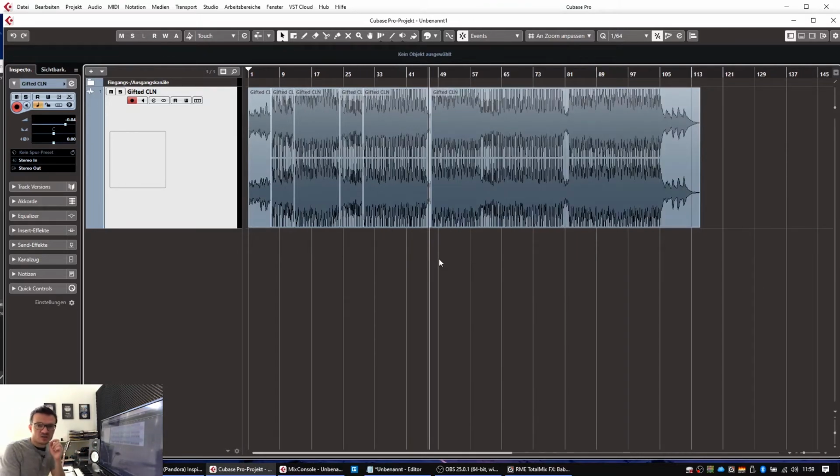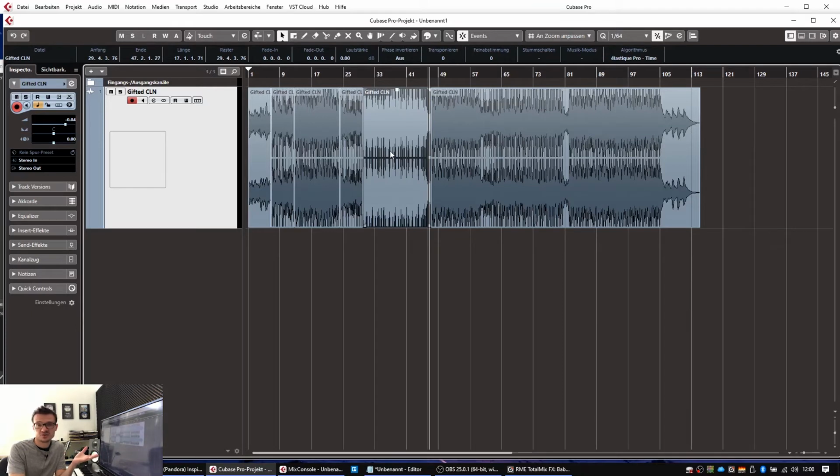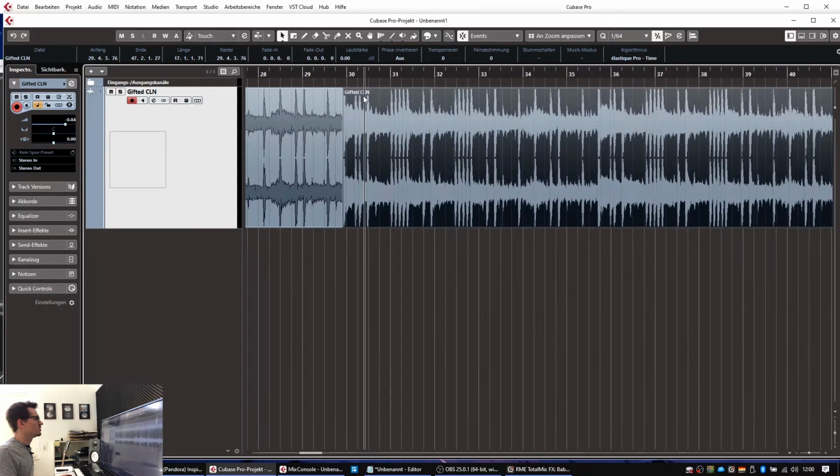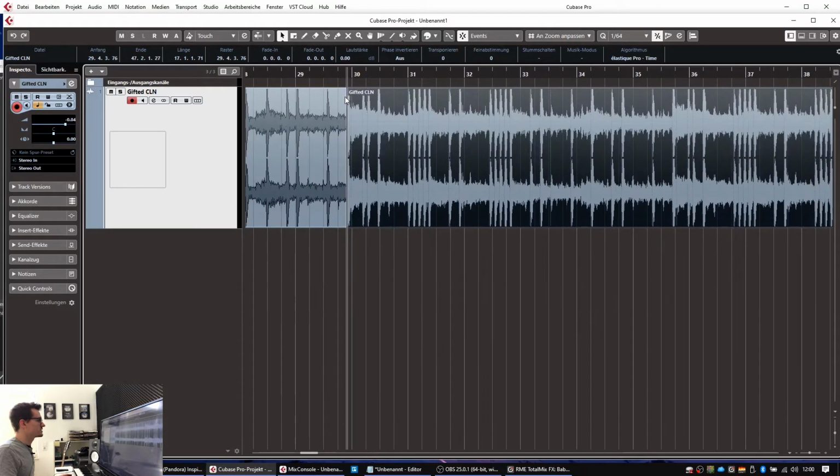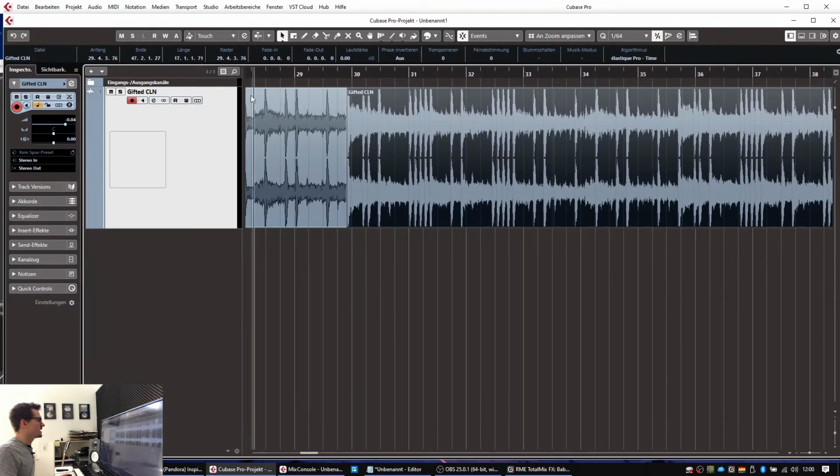So just one thing is still missing. What if you want to extend the verse, but you don't want to duplicate it? You just want to extend it for, let's say, 4 bars. Well, here we can help ourselves with a little tweak. We would just go into the beginning of our verse, and now we get to know